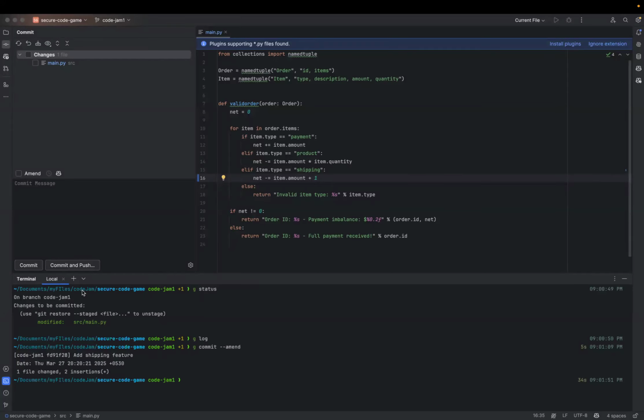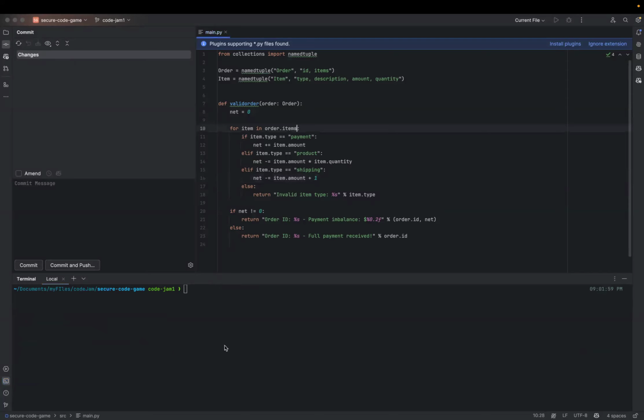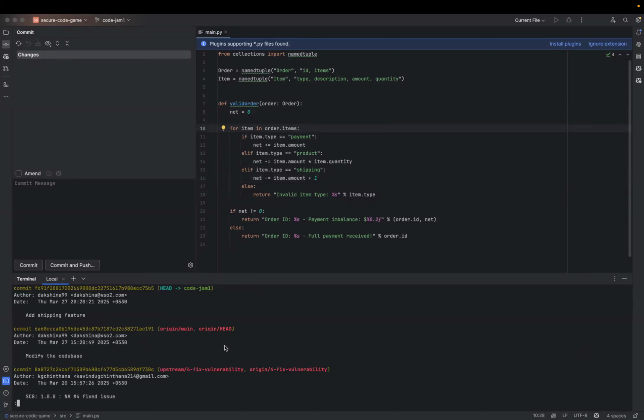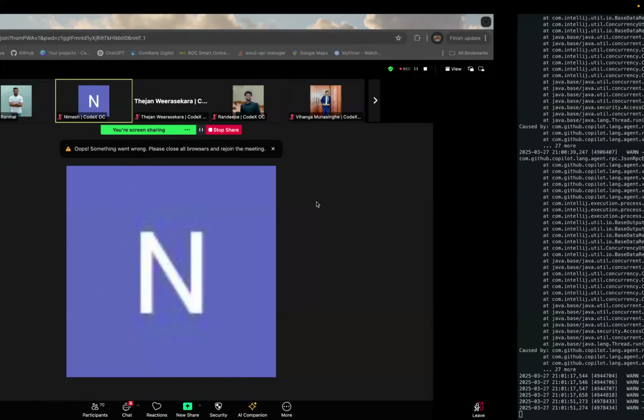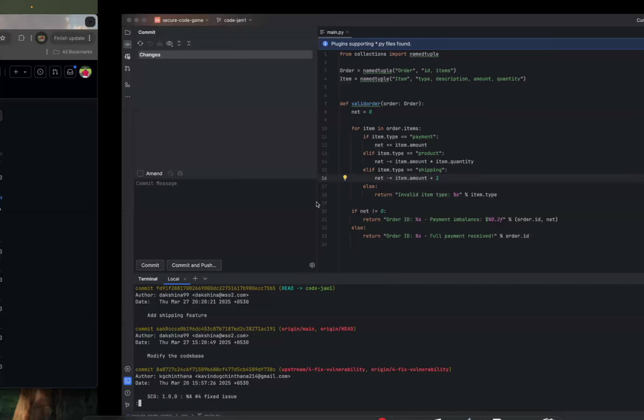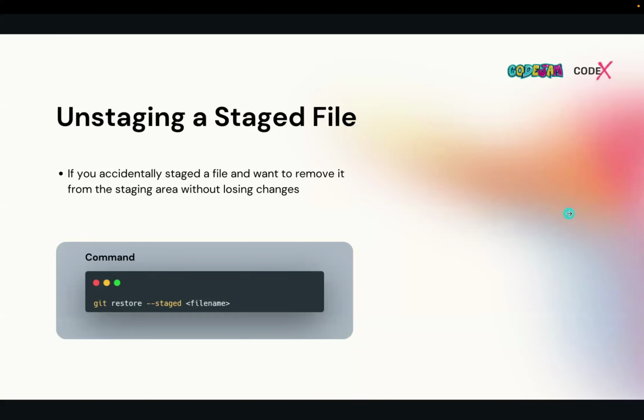Shift colon qa and press enter to save that. Then when you clear that out and run git log again, you will see no new commits, but the thing that I have added is already added to the previous commit. Amend is used for that. Amend is used to edit the last commit, to manipulate the last commit.